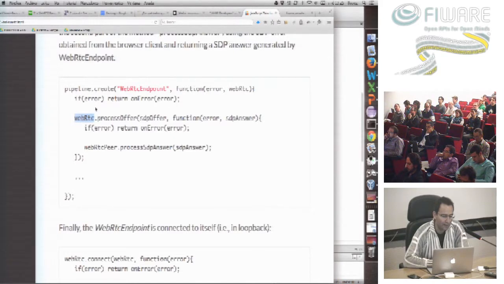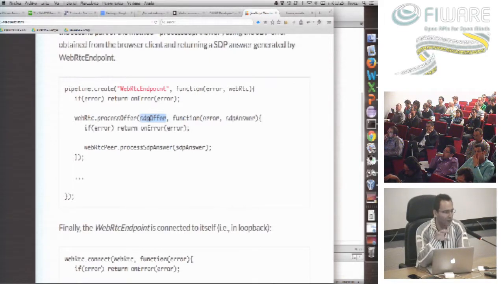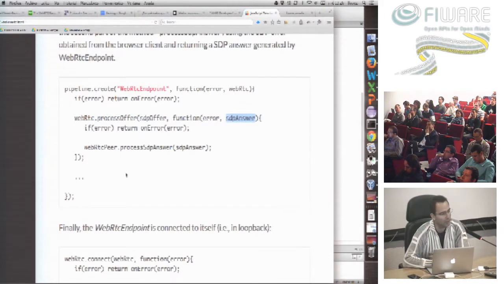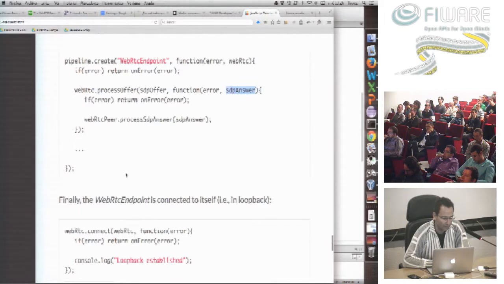To the WebRTC endpoint, I'm asking it to process the offer of the browser. This is the offer which the browser generated. I'm going to show you later how the browser generates this offer. But basically here, if you print this into a log, you will see that it is a very long string having a lot of information related to codec information, ports, IPs, and things like that. Okay, and basically the media server says, okay, this is your offer, I process it, and I generate an answer. And once I generate the answer, I can give the answer to the browser. I can say to the browser, this is your answer. Okay, so the code for